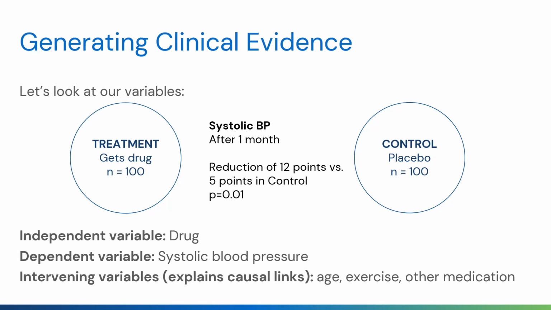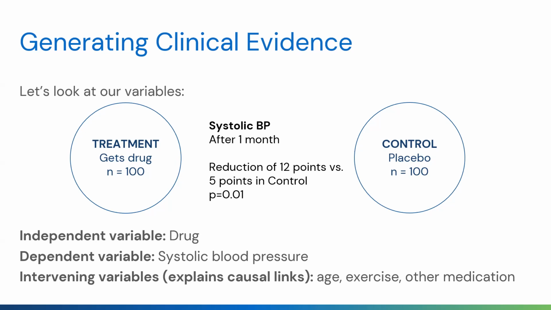Anything that's in between, anything that intervenes that could explain causality or could actually shift the relationship between these two variables, either that it's related to the dependent variable or it is related to the independent variable, or both, is called an intervening variable. So things like age, exercise, or other medication. These are important labels that you'll hear in inferential statistics and understanding how to interpret some of this literature. So be aware of these terms and how to identify them in the literature and how to use them when